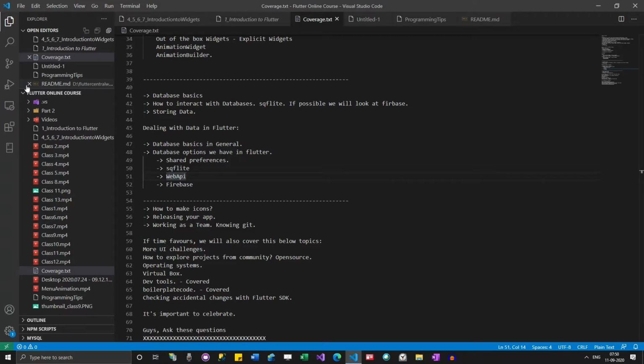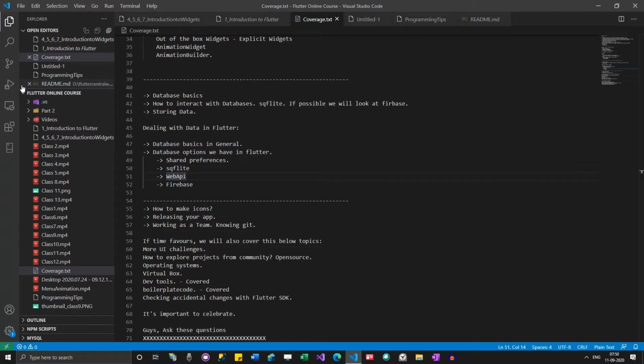In general, when data is exposed to the internet, they are web APIs. REST is an architectural pattern. SOAP is another option, but in general when you are exposing data, they are web APIs. It doesn't have to be a REST API or SOAP API.